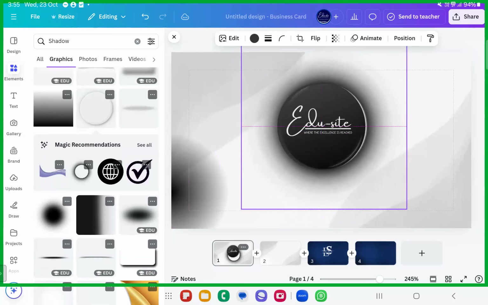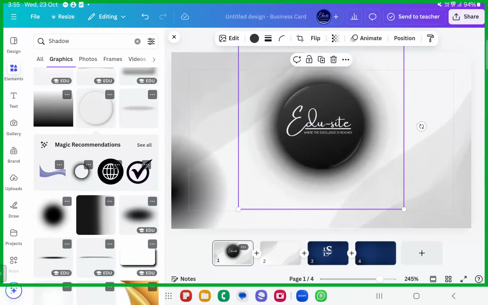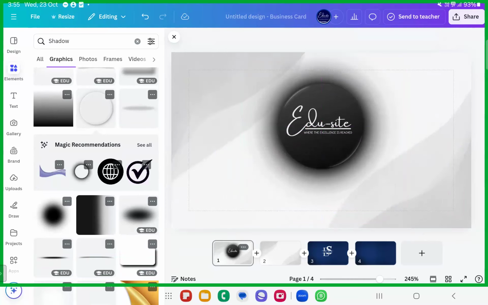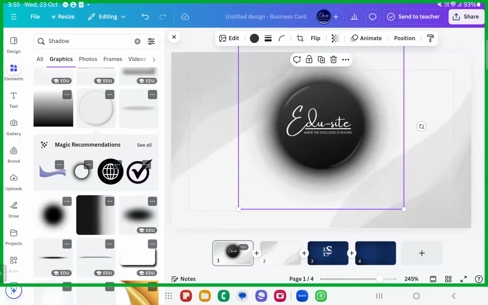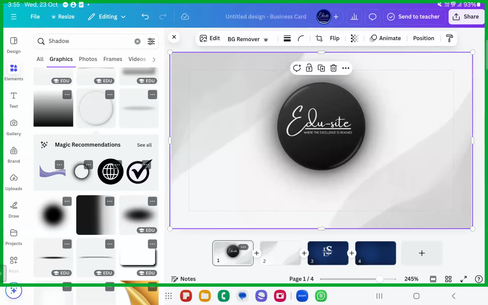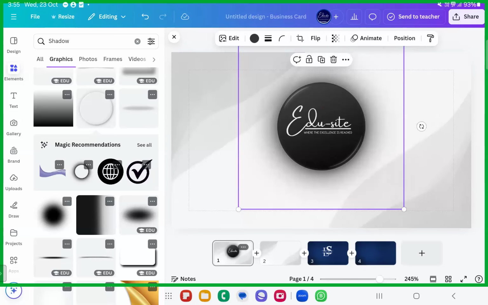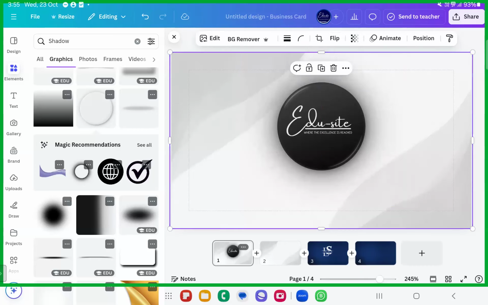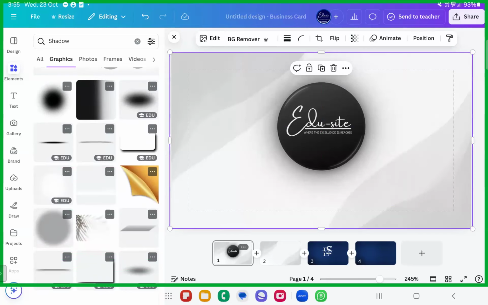See here, now it feels more like a gem being put up here. 3D version of this logo is here, right? It's the chocolate kind of feel. Something is put up over there. So you even can lessen the transparency if you wish to. Yeah, beautiful it looks. Doesn't it look 3D? Yes, come on, give me a review for this. Okay, it does, right? So let's move ahead.